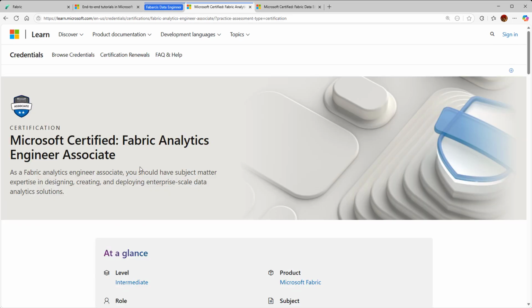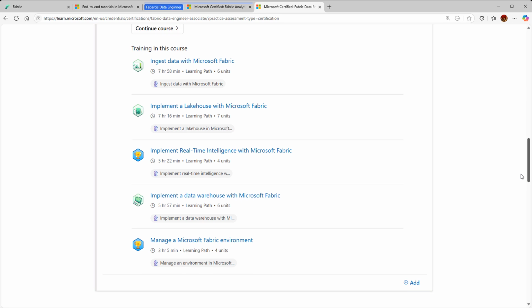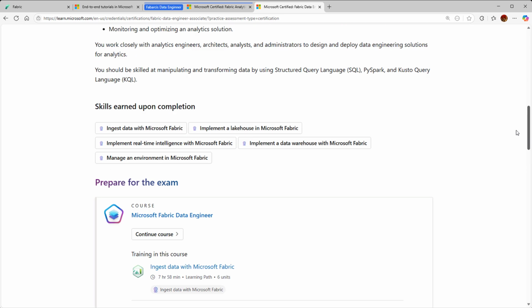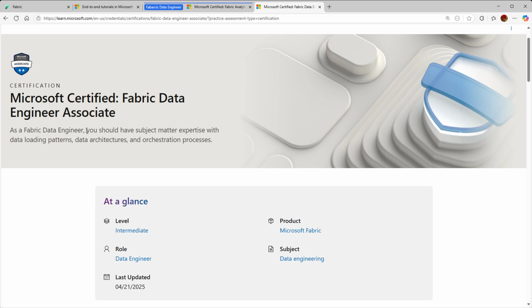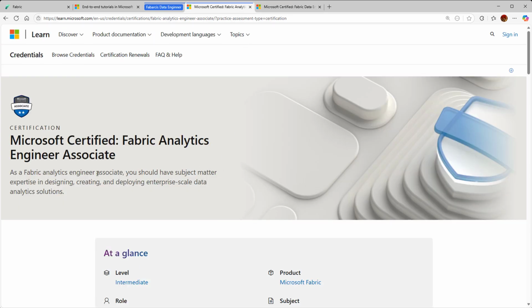I am a certified Fabric Analytics Engineer and Fabric Data Engineer Associate. If you are also preparing for one of these exams, this demo might be helpful just to get started. Obviously, there are hours of content here, and as you can see, the Data Engineer certification is more focused on loading, data architecture, and orchestration processes, whereas the Fabric Analytics Engineer is more associated with designing, creating, and deploying analytics